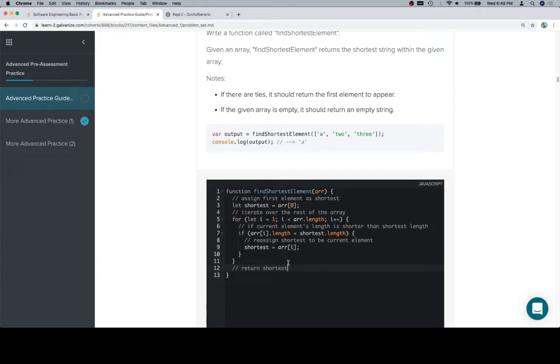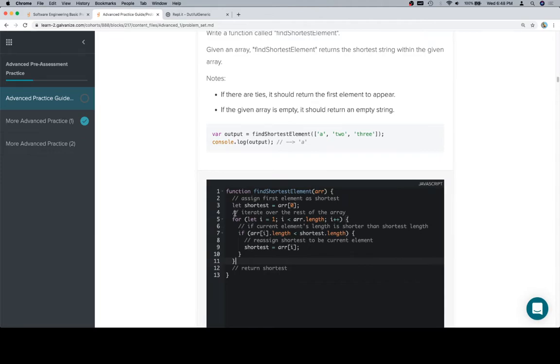So one of the things that you'll hear people talk about is conditionals. There's two ways to think about conditionals, and one of them is an if statement. If array at i.length is less than the shortest.length, then shortest is equal to array at i. So it's a condition. We've set up the condition very clearly here. But another condition would be